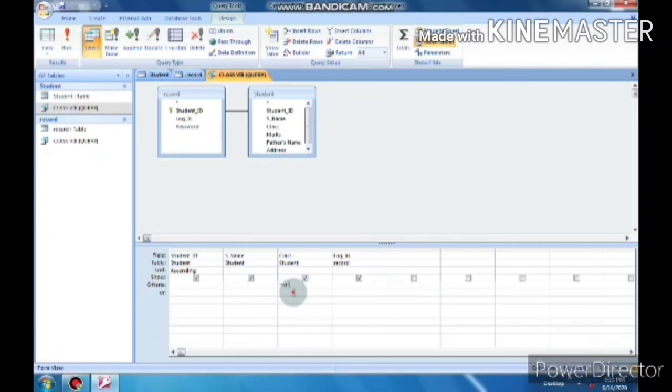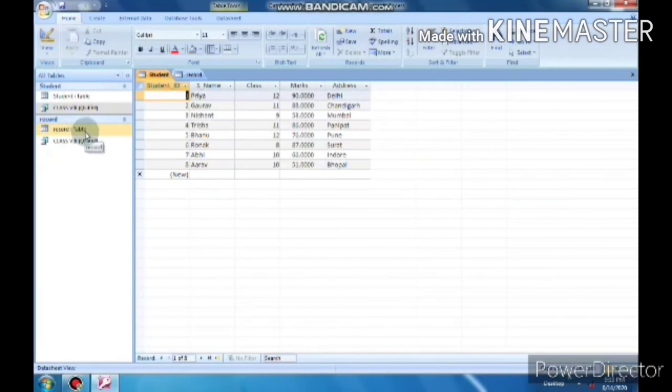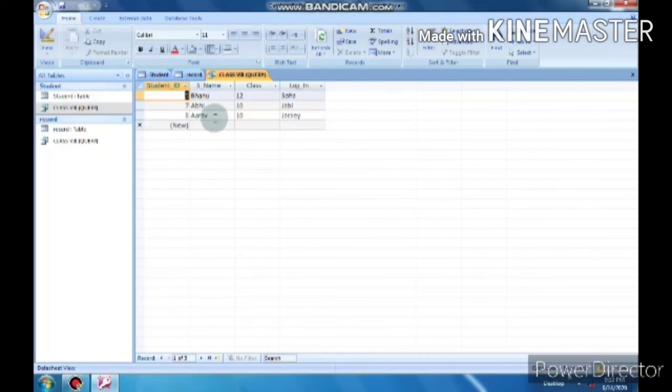Now I will give 12th, class equal to 12. Clear? Save it. After saving, close. Now look here: Bhanu, Abhi and Arav, 12th, 10th, 10th. Like this we can apply more than one condition by using the OR property.